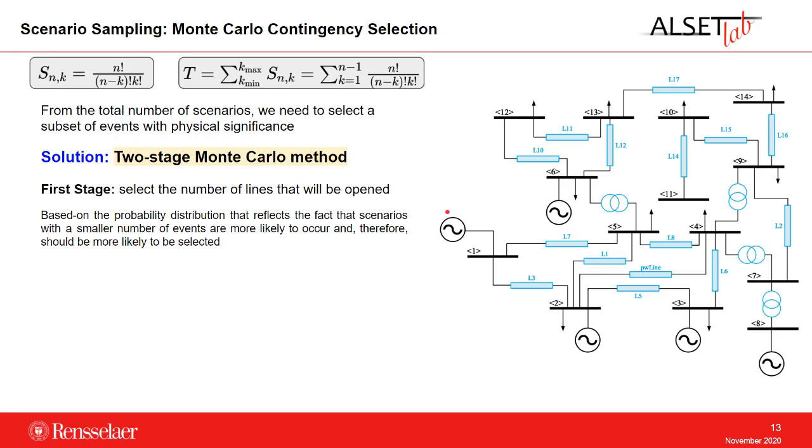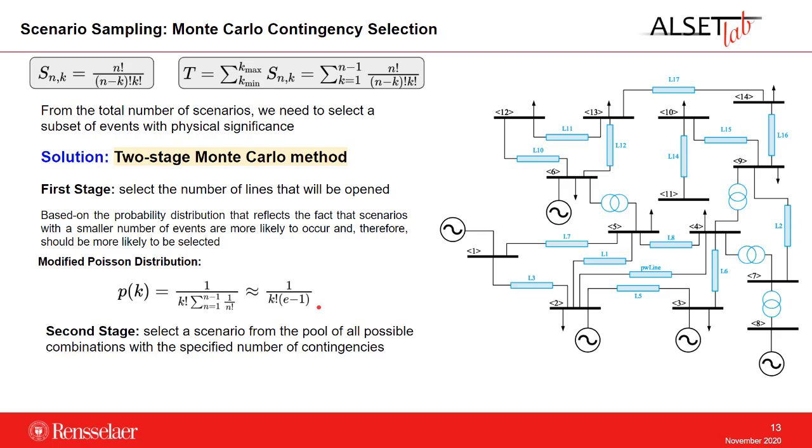So the first stage, the selection of the number of lines that will be tripped, we follow a modified Poisson distribution, like the one here. So this is the equation of that Poisson distribution. And on the second stage, once we have selected k, the number of lines that will be opened, we go